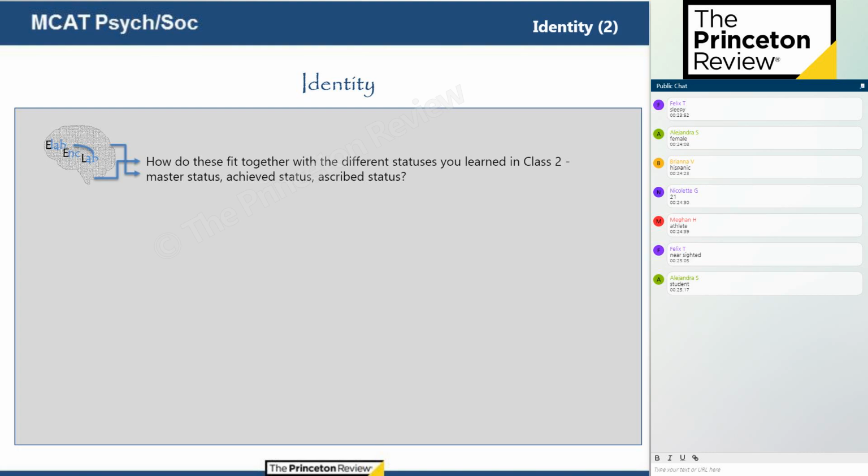So, how do those descriptors that we just used fit together with those statuses that we talked about last time, right? Master status, achieved status, and ascribed status. Do we have any master status descriptors in that list? A lot of them are ascribed, right? Such as